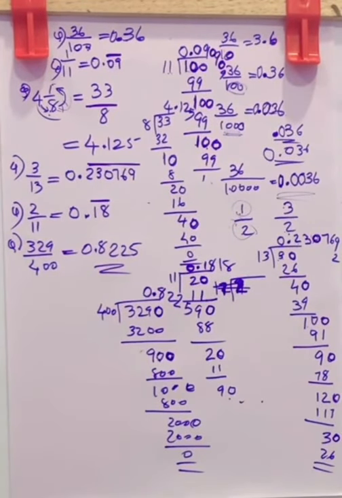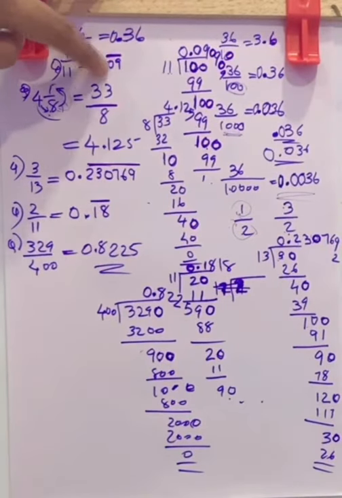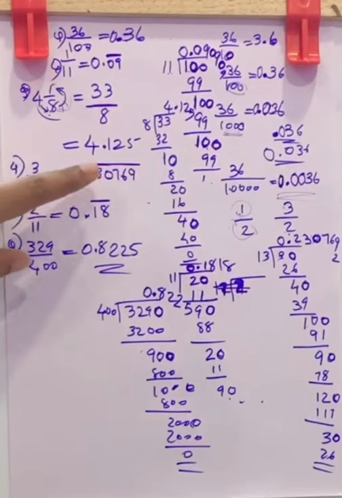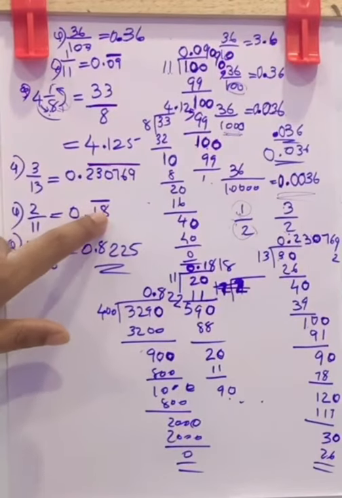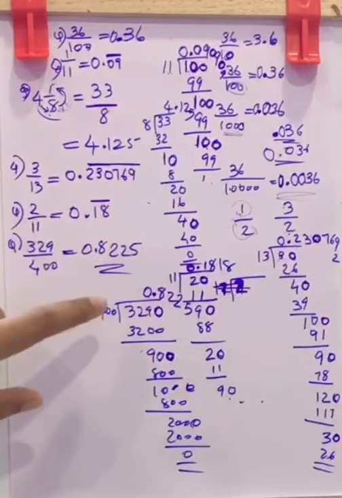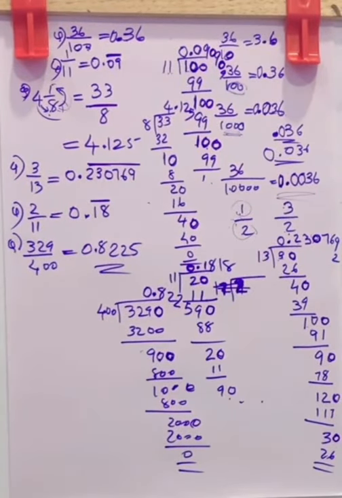These are the answers. So decimal expansion here terminated, here not terminating but repeating, here terminating, here not terminating repeating, here non-terminating again repeating, here terminating. Let us move to next type. You know that 1 by 7 is equal to 0.142857. Can you predict what the decimal expansions of 2 by 7, 3 by 7, 4 by 7, 5 by 7, 6 by 7 are without actually doing the long division?